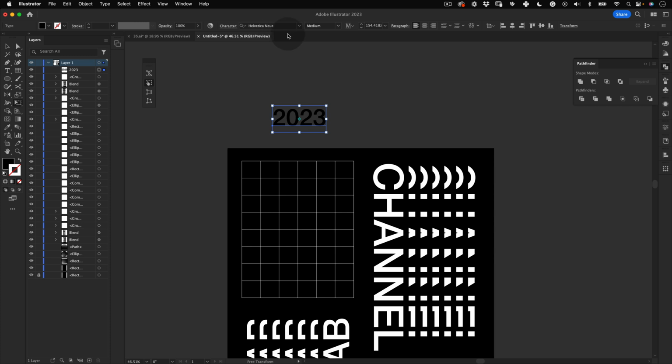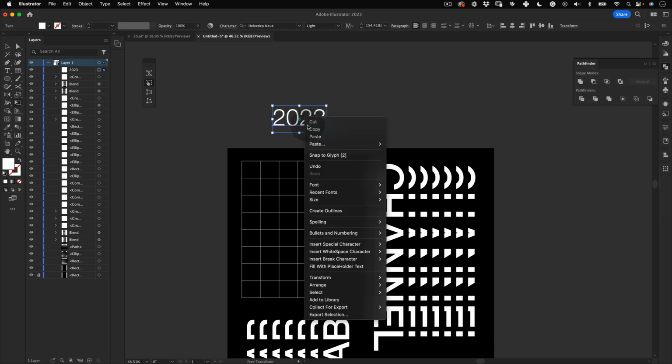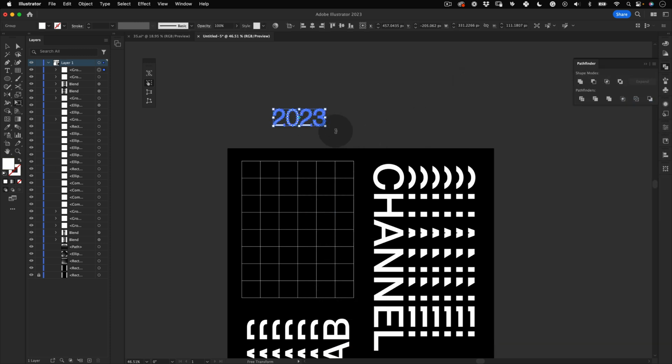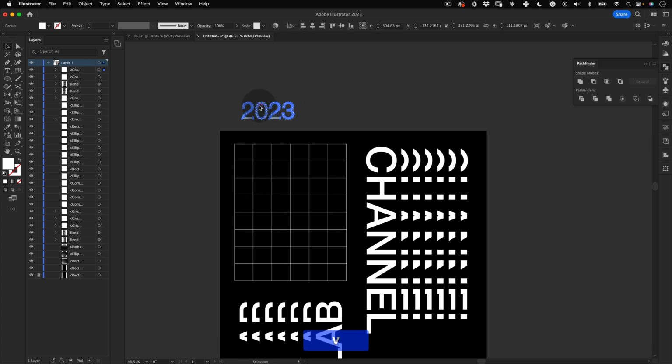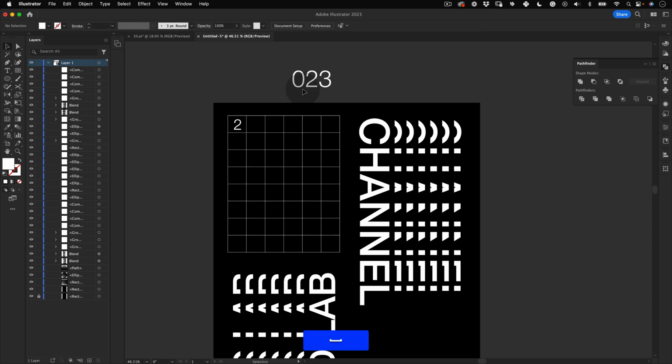Gonna make it again new text, change the text to light weight of the typography, and then gonna make it white, and then create outlines. Am I going too fast? I'm feeling I'm going really fast, but I think I'm explaining myself while I'm going. Gonna put the numbers in these random squares here, something like this,